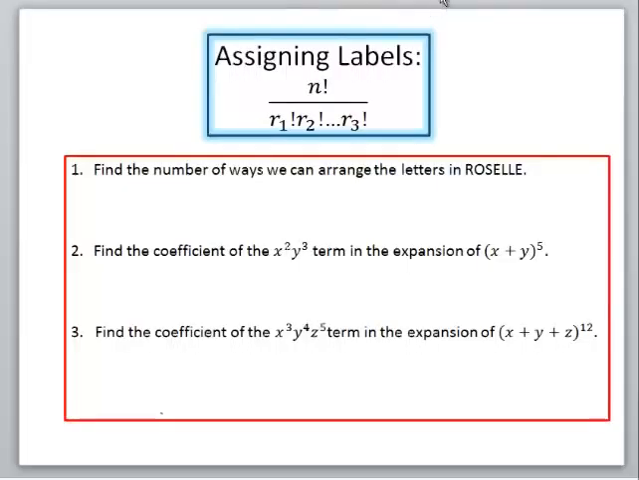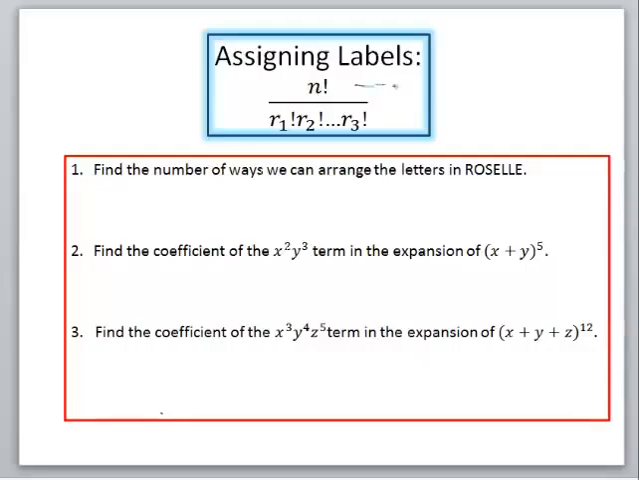In this video, we're going to take a look at all the different ways in which we can arrange different letters or different things in a given situation. We're going to do that by thinking of each problem as the number of different ways that we can assign labels to something. In this formula, n factorial divided by r factorial for each of the different types of things that are undistinguishable,